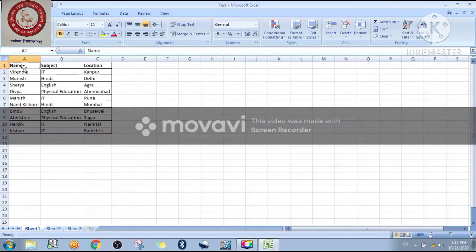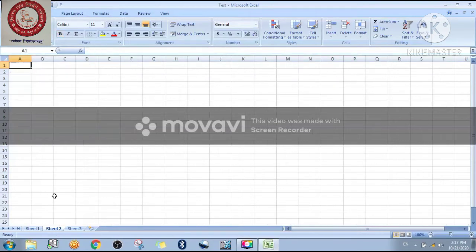Okay students, now we have to understand how we are going to use the form here, right? So first I will click one time right here, and immediately one dialog box will open. But make sure, students, that before you click on the form button, you have to make the names of the columns like this.